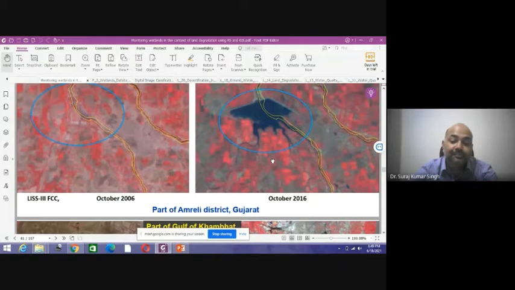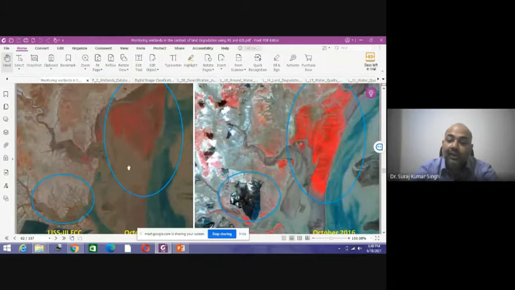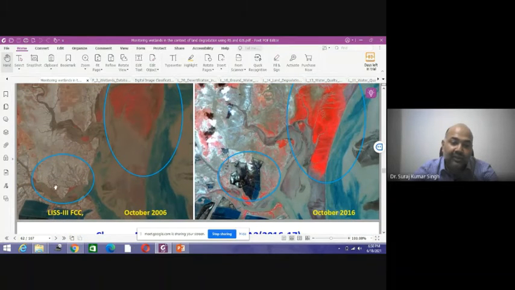Now, because of this reservoir, you can see that agricultural practice has significantly increased in that area, as well as the water table. In the same change detection, you can see what has happened along the river, that the vegetation has increased. The people have started vegetating that area more. Maybe they have done some forest plantation along that area, or there is an increase in the crops. That can be verified in the field, but that is a positive change if it is forest land. And you can also see that here previously there was no salt extraction being performed, but now you can see a lot of salt extraction, and salt pans you can easily identify using this multi-temporal data set.